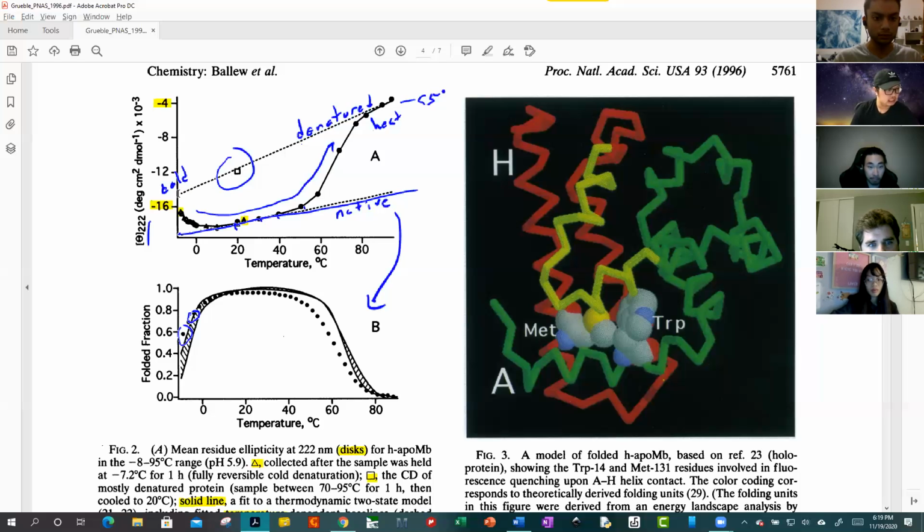And then at minus 6 degrees, if the ellipticity were up here at minus 13,